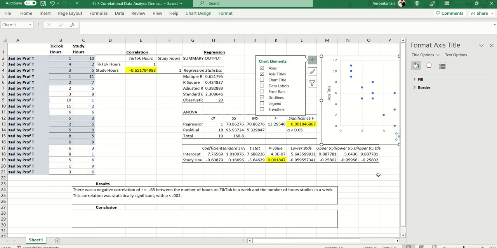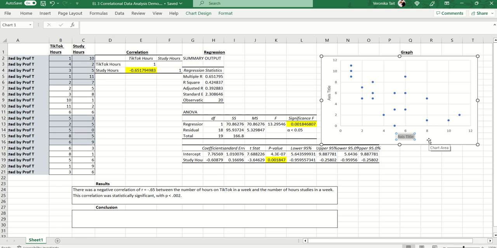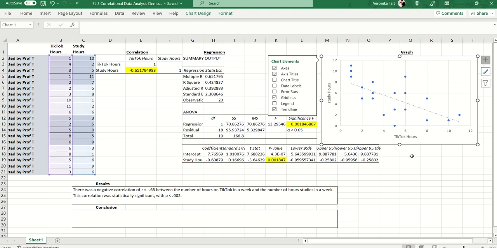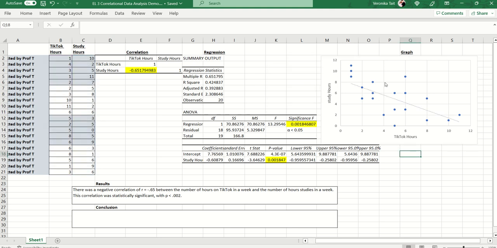So the x-axis in this case would be TikTok hours, and the y-axis would be study hours. So again, this is number of hours studied in a week versus number of hours on TikTok in a week. And I'm going to ask to include a trend line. So here we can see a clear negative correlation between these data points. So I'm going to write a little conclusion here,